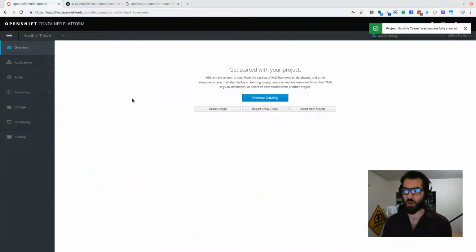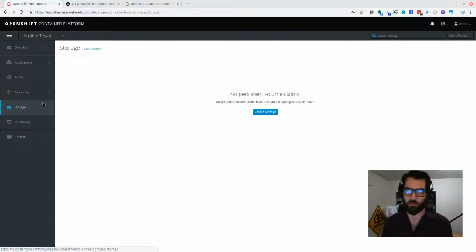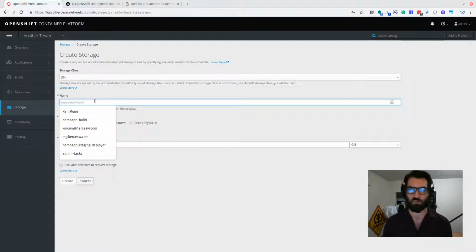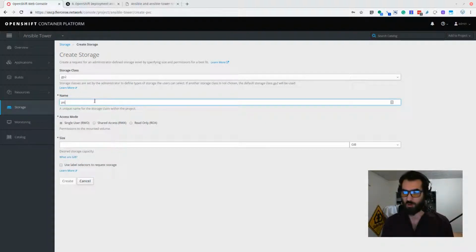So we've made this project, and now we can deploy pods in here with the deployment configuration. One thing we actually do need to do first, though, is create a persistent volume claim, right? Now, we've got some persistent volume available alongside our cluster, but for our containers and projects and pods to use them, we need to set up a claim for a little bit of that storage. So we're going to create a claim,